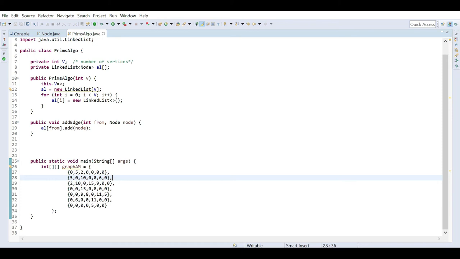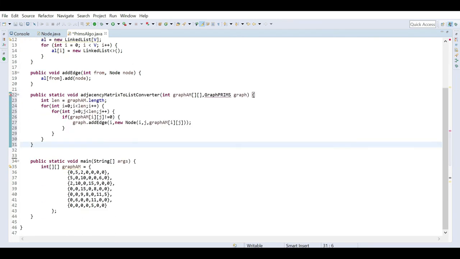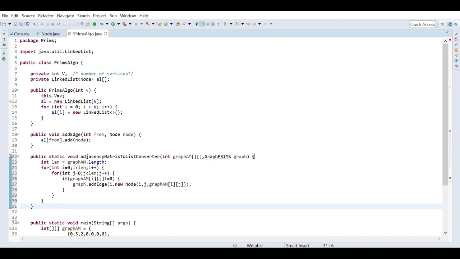Now, as I am writing this program in adjacency list format, I can create a method called adjacency matrix to adjacency list converter. This part you can do or skip, because you can also directly give the adjacency list as input. Here we have to define one graph.